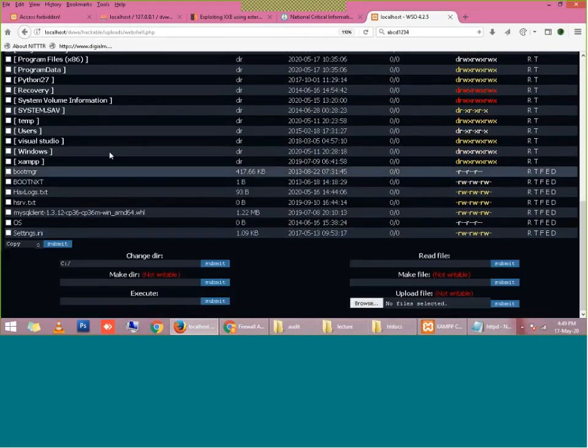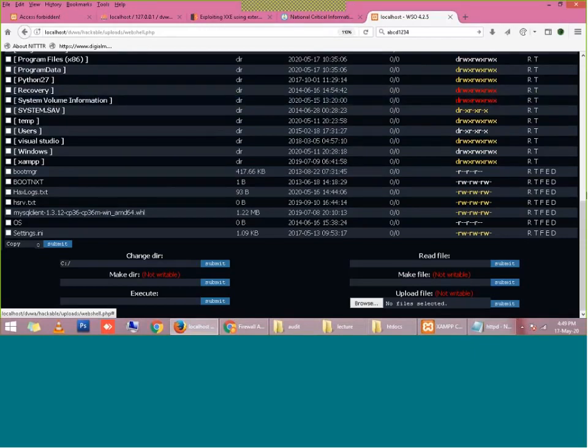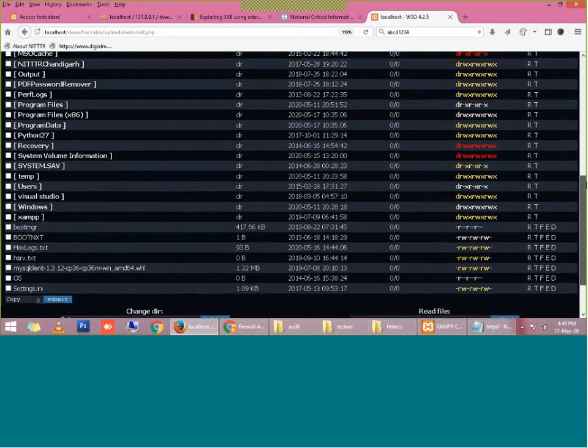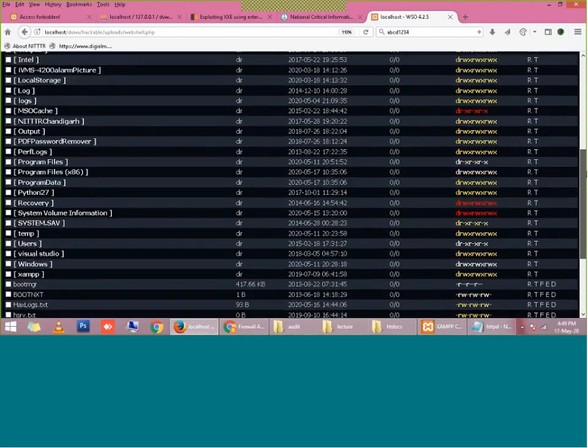If you want to delete this boot manager, you know this boot manager file is very, very critical. If I delete this file, my computer will not start next time, right? So here you can find the OS file. You can find the system folder. So complete access. The attacker will have complete access, right?